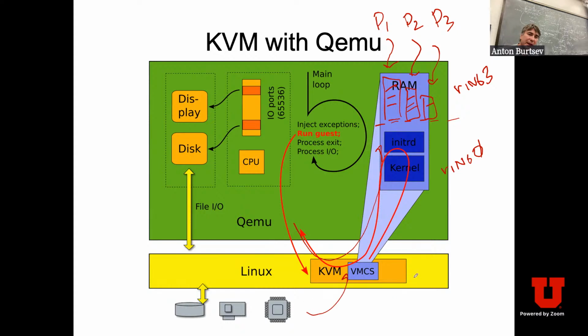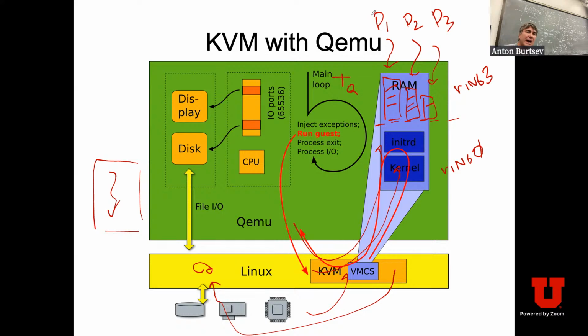Timer preempted us. We got back with the timer into the host kernel. We maybe did a timer interrupt. Maybe we ran another process, something here. Then another timer interrupt came. And then this original thread, which is QEMU, process PQEMU, I will put Q, wants to enter this VM, right? But how do we ensure that inside the guest, all these processes, P1, P2, P3, will have a chance to run? My story so far says that the timer interrupt just forces you out, but really something has to happen to make sure that the switch from P1 to P2 to P3